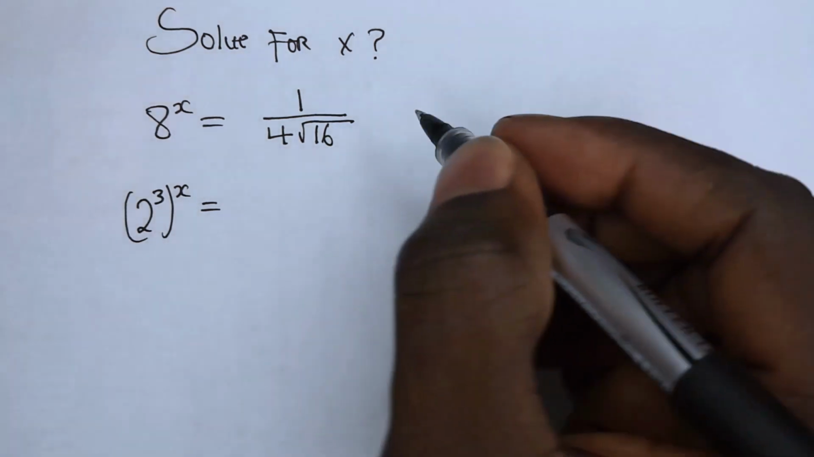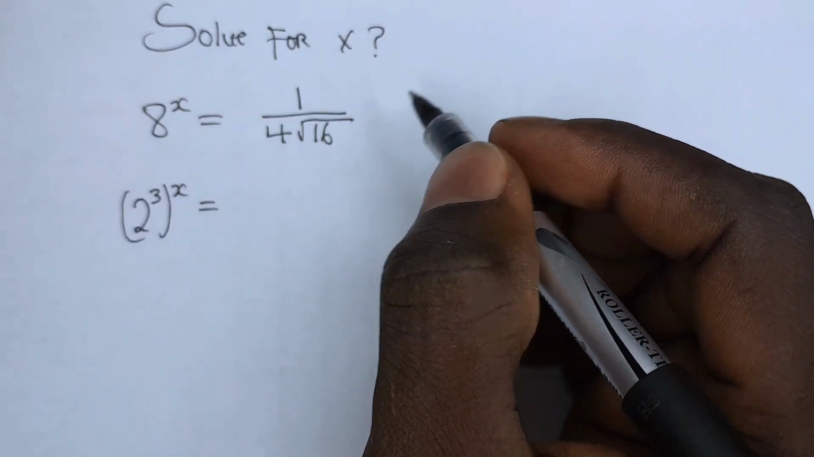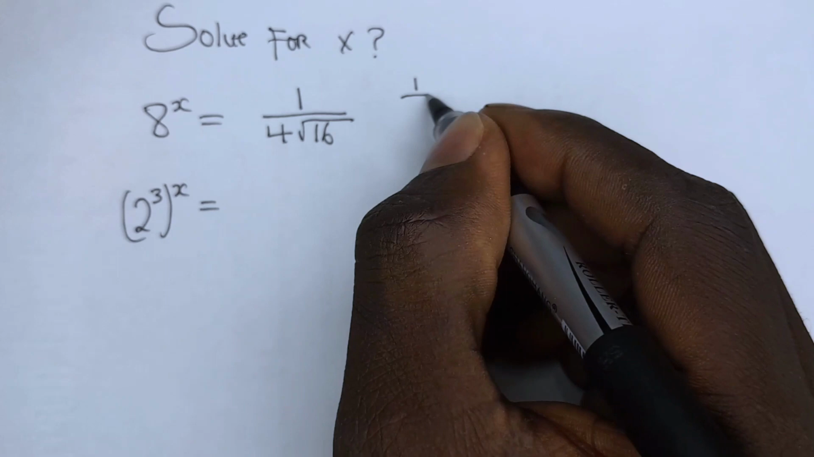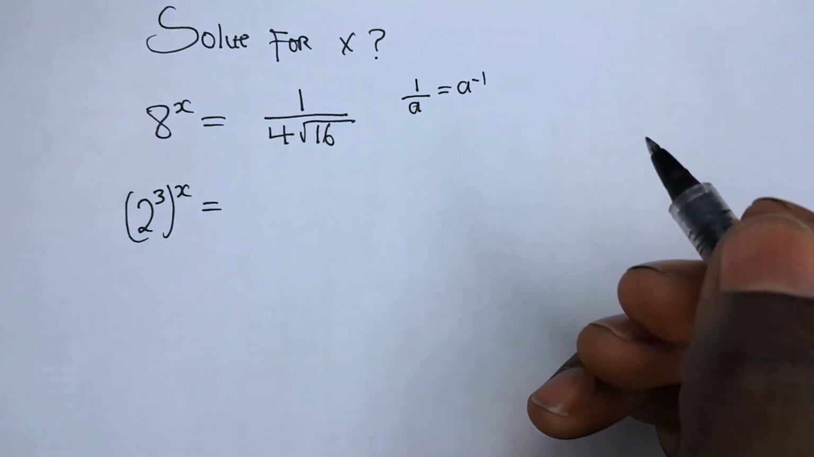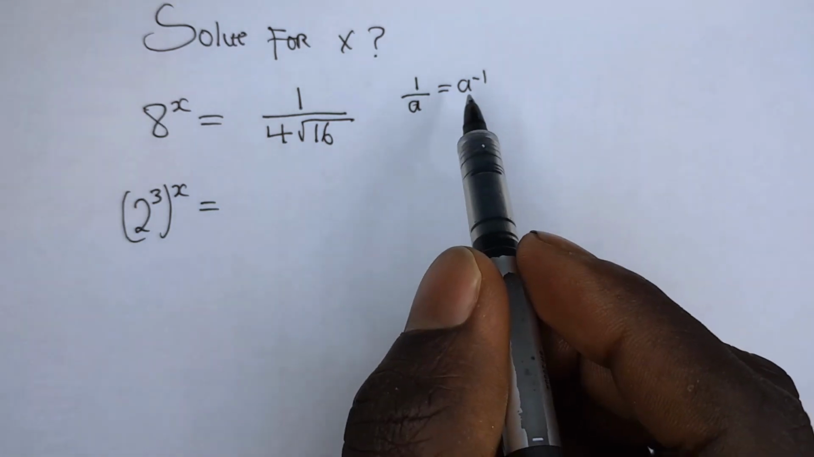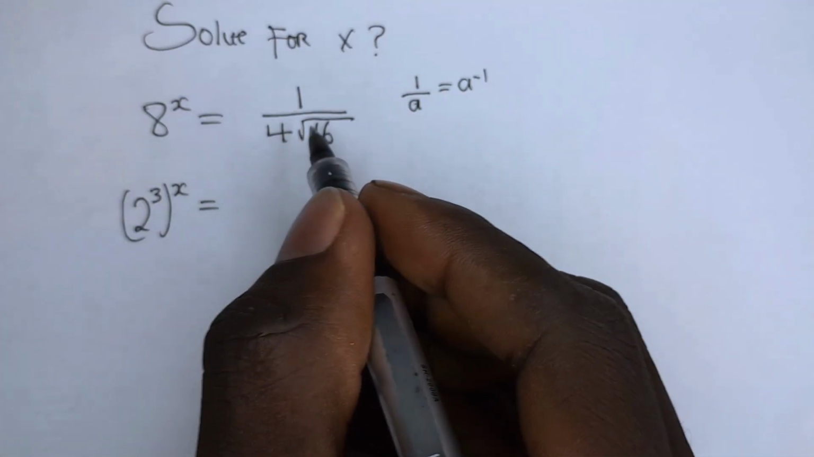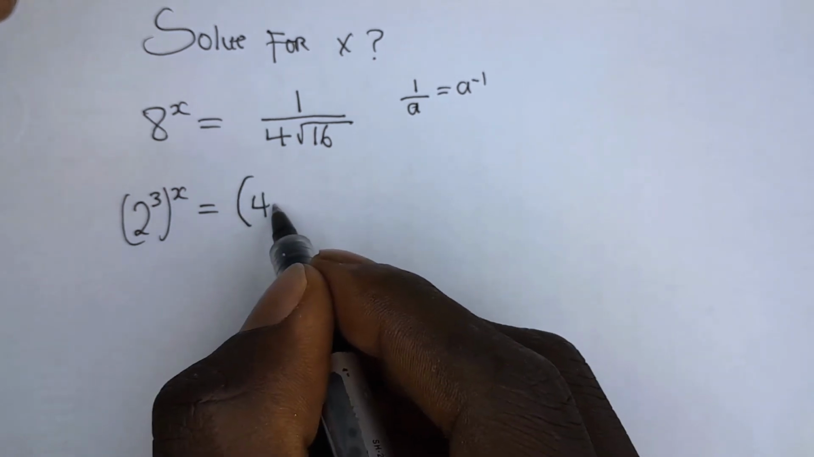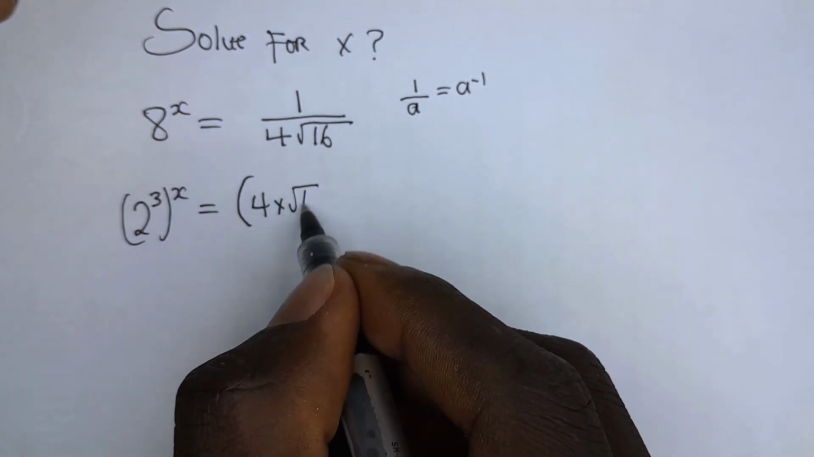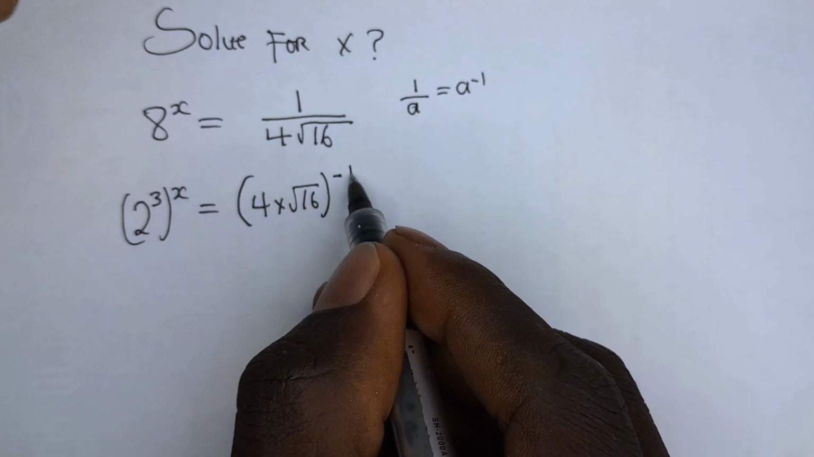so we have a law that says, according to the law of exponents, 1 over a is equal to a to the power of negative 1. So if this is true, we can write the right hand side as this. Therefore we have (4 multiplied by square root of 16) to the power of negative 1,